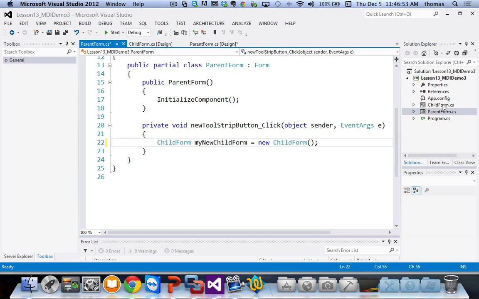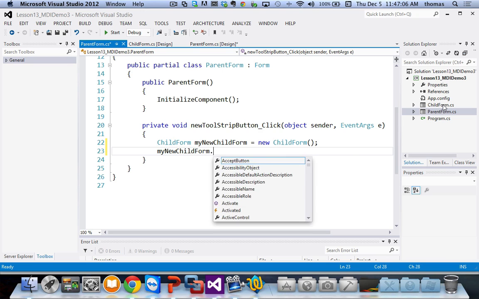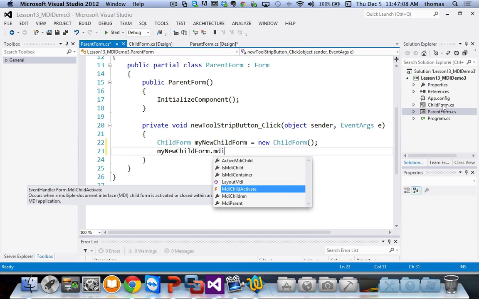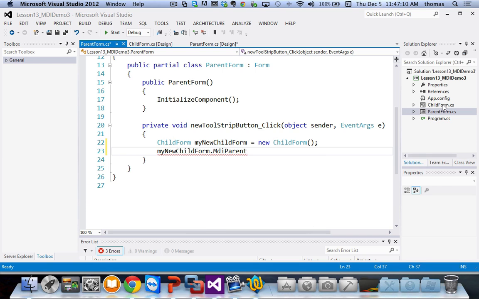One thing I need to do, and I should do if I create child forms, is I should use the MDI parent property of the child form to point to me, to the calling form, which is the parent. So I should say something like my new child form dot MDI parent is equal to this. That's the next level. So I kind of say, well, the child form knows about me. I'm its parent. When I'm creating it, and then I actually display the form. So